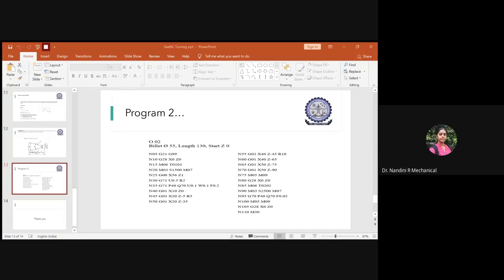See, G20 and G21 were the inch unit and the metric unit. But, ma'am, in the PPT it's given 70, 71. It might be a typo error, ma'am. Okay, no problem. I will just check into it. But what the thing is, we had two types of updations in G codes and M codes. Previously, we had an older version of CNC turn, and now we have some upgraded version of CNC turn. In that, there are slight changes in the codes. I think some of those things might have happened, but still I will cross check it. But what I have told you, the codes as per the operation, please stick to that only. Okay.